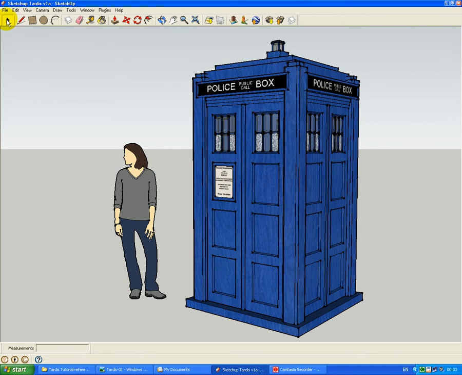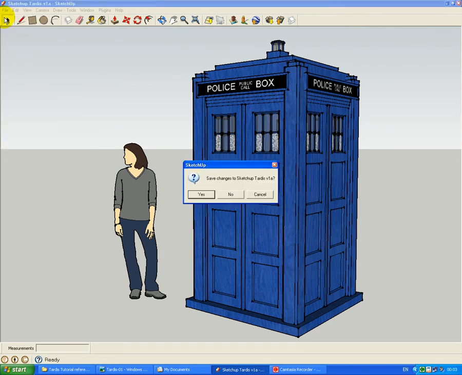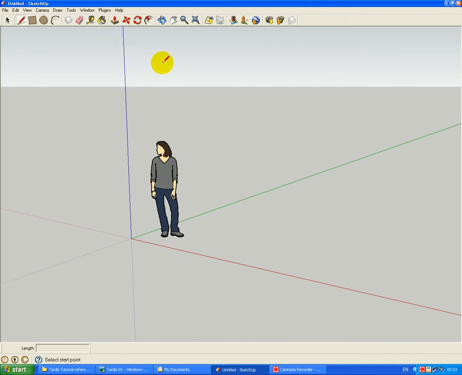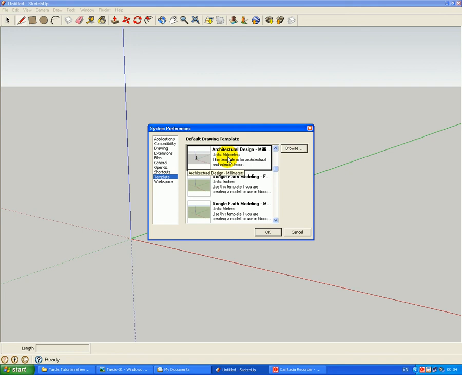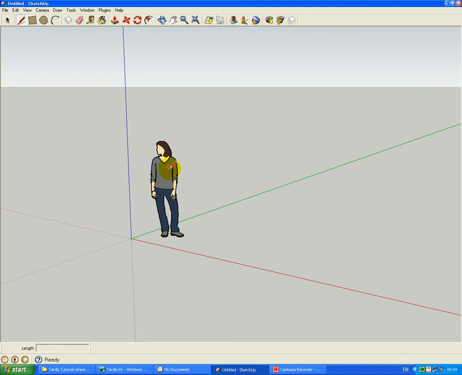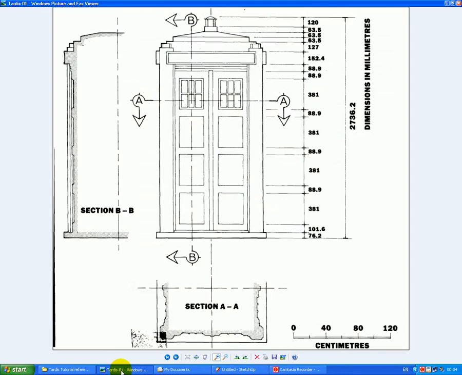So first of all, we need to start off by creating a new file, and we need to set the preference for the template to be an architectural design in millimeters. Okay, I'm going to leave this human figure in here as a reference for comparing to make sure we're making it the right size. As regards reference material, we're going to be using these plans from the 1983 technical manual,